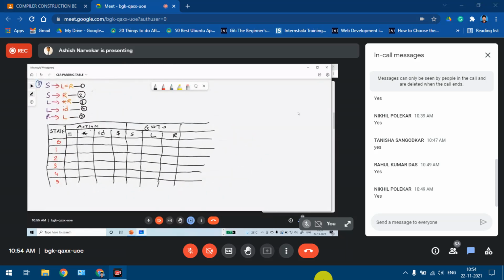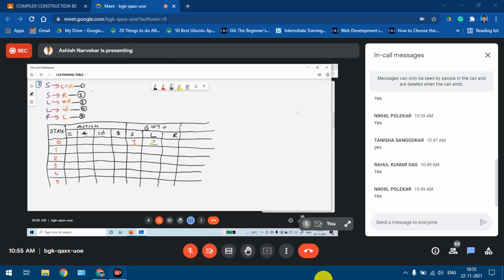Okay, so let's begin. Refer the state diagram that we already constructed in the earlier class. So we can see that from 0 on capital S, it goes to 1. So the entry that we'll be making here is 1. Then on capital L from 0, we go to 2. So it will be 2 over here. And on capital R, it will go to 3.